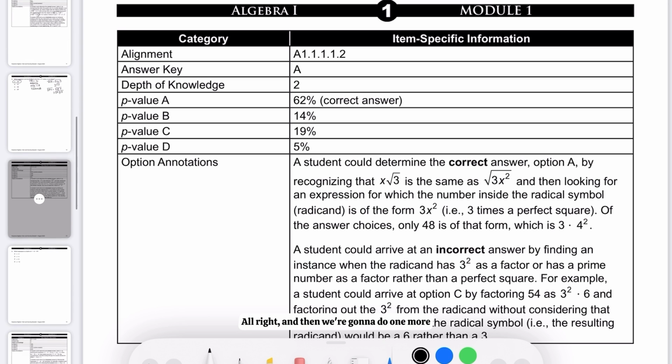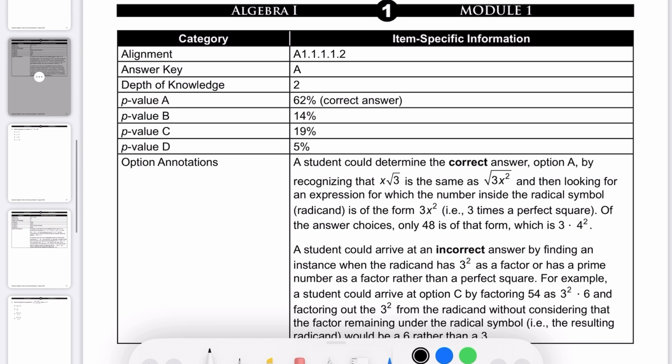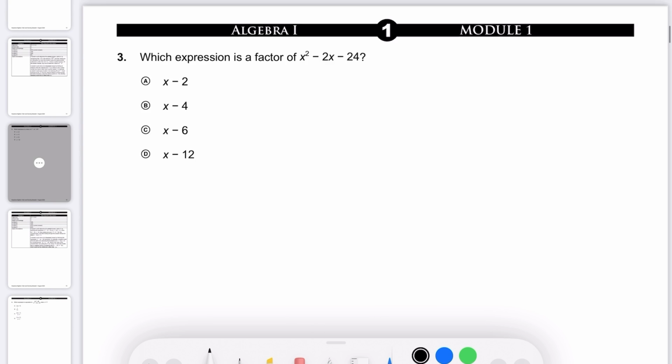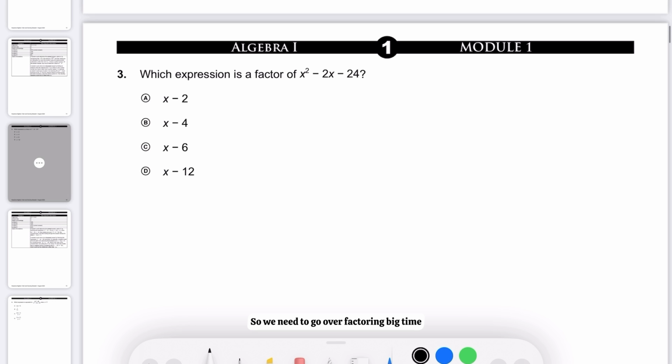All right, and then we're going to do one more. So we need to go over factoring big time, okay? Factoring is not hard. It is just the opposite of multiplication. It's not necessarily division, but it can be considered division, okay? So when you're writing factors, if you see the square here, and I want you to write the whole thing down. When you factor,